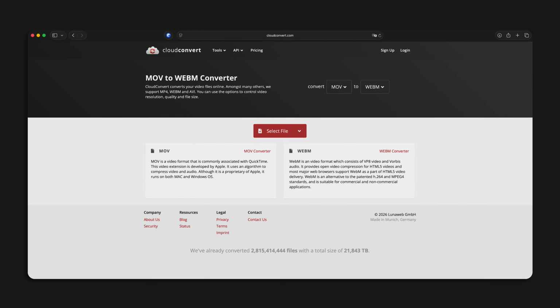Premiere Pro doesn't support WEBM formats out of the box, so I use a free plugin for this, and I'll add a link to the plugin in the video description. You could also export your video as a MOV file and convert it using Cloud Convert, which is a free tool as well. This is in case you don't want to install a third-party plugin on your